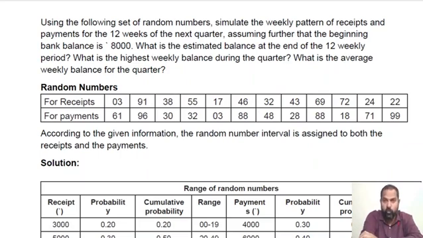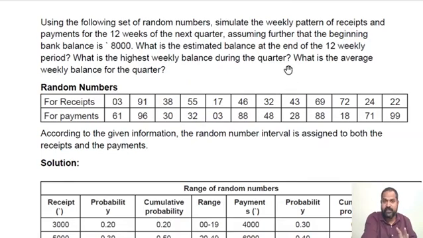Oh, so what you want me to do here is check the receipts, check the payments, and then check what the difference is, and then assume that the beginning bank balance is 8,000 rupees. Then if I have received money, it will add to the 8,000. If it's a loss, it will take away from the 8,000. And that is how you want me to keep continuing for 12 periods? Fine. Whatever you ask me to do, I can't do this without the first basics, and that is step 1